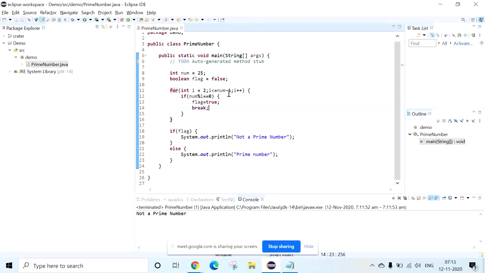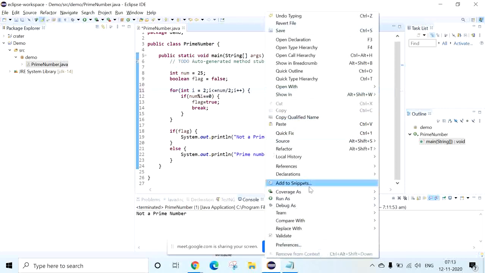So instead of going up to the last number, we can reduce the number of executions by half. If 32 can divide 64, going from 32 to 64 is not required, right? So what we can do is number divided by 2. Now it will reduce the number of executions by half.